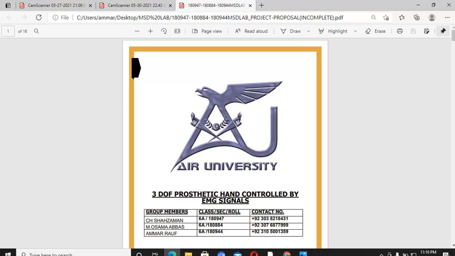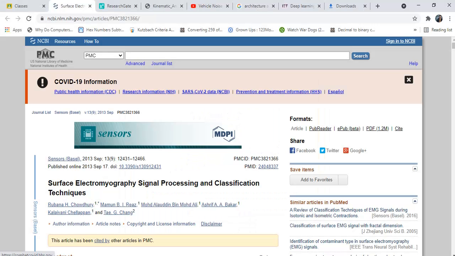Starting from the very first, what is an EMG signal? This is the first research paper we have gone through. You can see the author's name also.